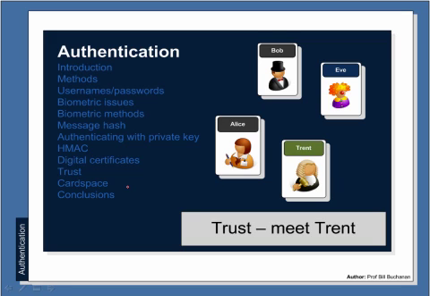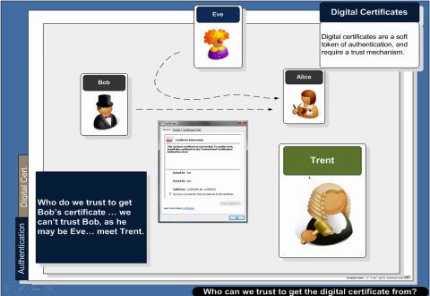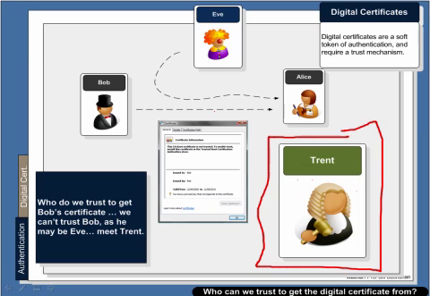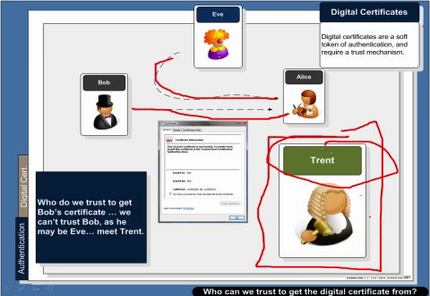Okay, so a key element of this is who do we actually trust? We can't obviously trust Bob to send his identity. So we now introduce a new character, which is Trent. Trent is someone who is trusted to identify an entity. So in this case, Bob might send a digital certificate to Alice identifying himself, saying that he is Bob, but we can't trust that because Eve could have done the same. So we now need Trent to